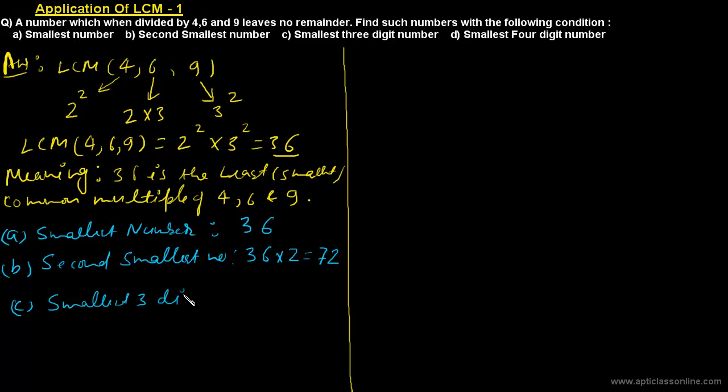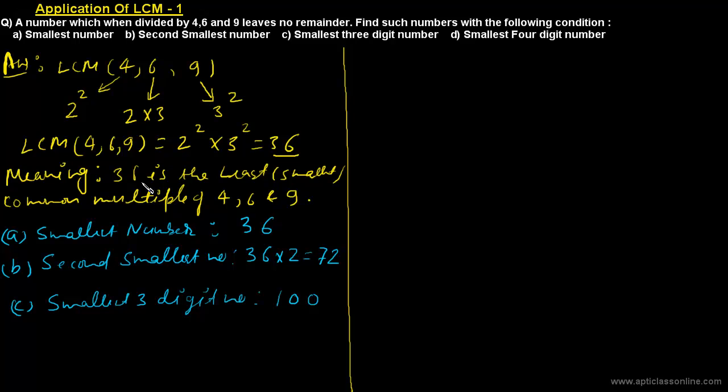Smallest 3-digit number. So the precondition is we have already seen. The subsequent condition is given. The number has to be the smallest 3-digit. So which one is the smallest 3-digit number without any condition? That is 100. 100 is the smallest 3-digit number. Before 100, the number is 99, which is a 2-digit. So 100 is the first 3-digit, I mean the smallest 3-digit number.